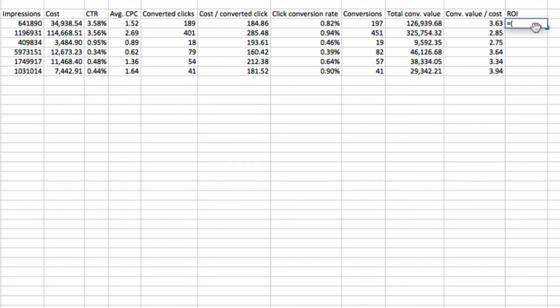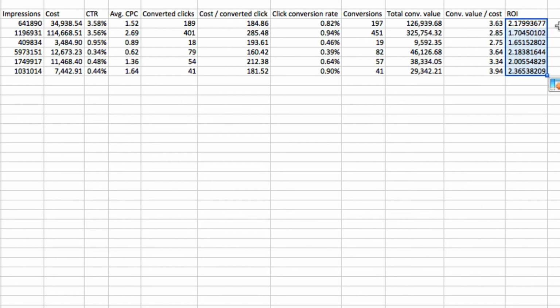Now, to get the ROI, we write a simple formula in Excel. So we want to first take our total conversion value. We want to multiply that by 0.6, because that is the margin for this company. We want to divide that total number, which is our gross profit, by our cost of advertising, which is G3, and you hit enter. And you could drag the lower right hand corner of the cell, wait until it turns into a black plus sign, drag it down, and that equation will repeat itself for each row,